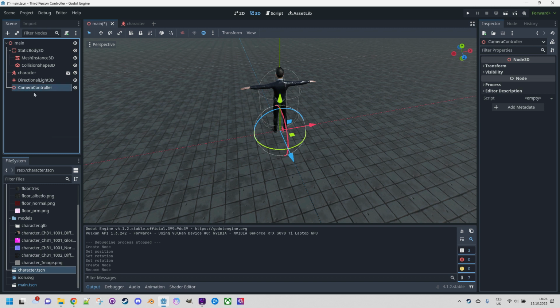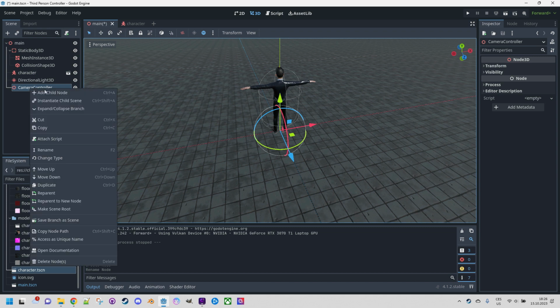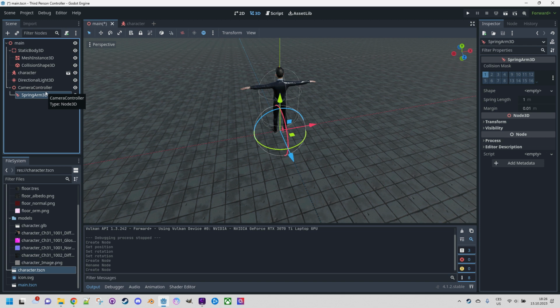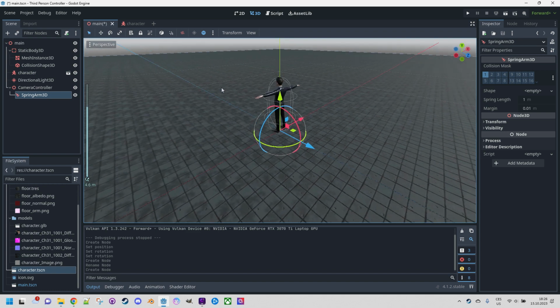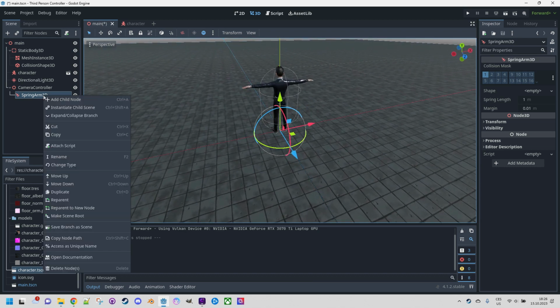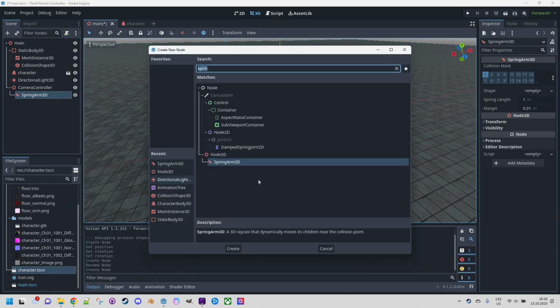And as a child node, let's add spring arm 3D, which is a very handy node that will allow the camera to follow the character, but in a flexible way. For example, we can change the length of the spring arm to avoid walls or other obstacles, and just make it as you are used to seeing in many 3D games. So spring arm 3D, and as a child node we will have the camera